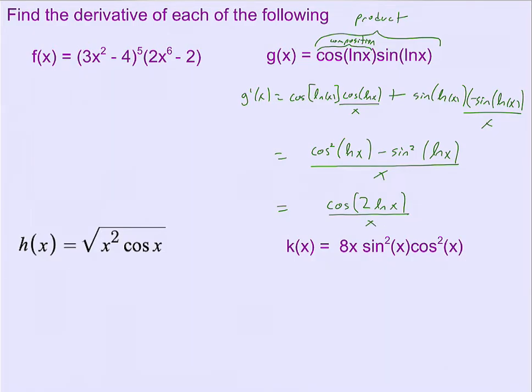That was an example where the whole thing was a product, and inside of the product is a composition. H of x is a little bit different. H of x, the whole thing is a composition, and inside the composition is a product. So this one's going to be a little bit different, where on the whole we're thinking of chain rule, and within part of that chain rule we're going to use the product rule. So on the whole it's the chain rule. The derivative of the outside, well, the outside is a square root, so it's 1 over 2 times the square root